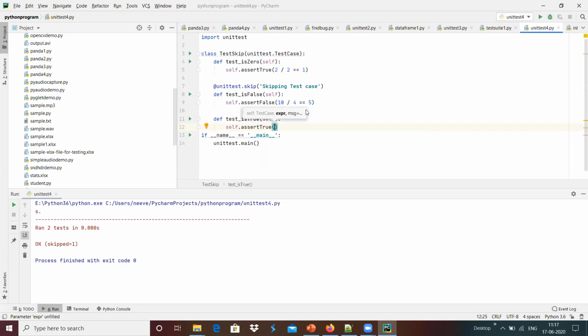Maybe I'm going to give the true option, 4 by 4 equals 1 over here.